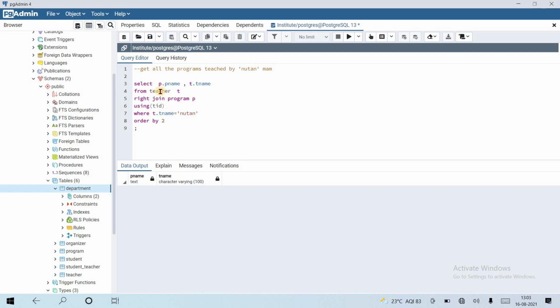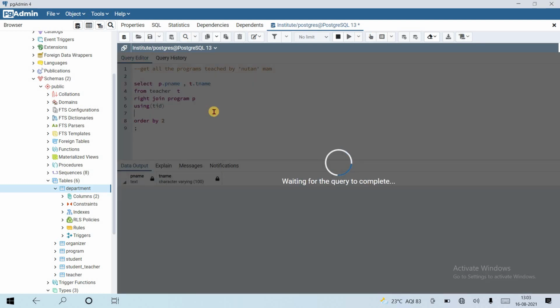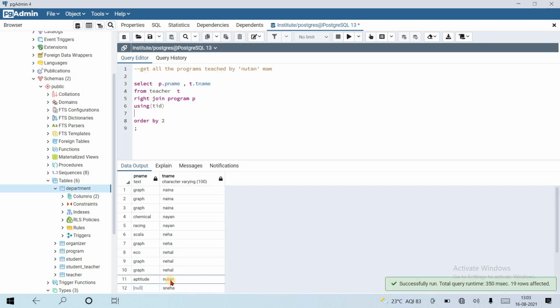It fetches all the programs, but only for the matching teachers. Using TID, it only fetches the common teacher names, and in the teacher names there was a name Nutan, but in the where condition it does not fetch the teacher name Nutan. Now if I run this, then it will give Nutan also here. Suppose we use Naina, or multiple teacher names.